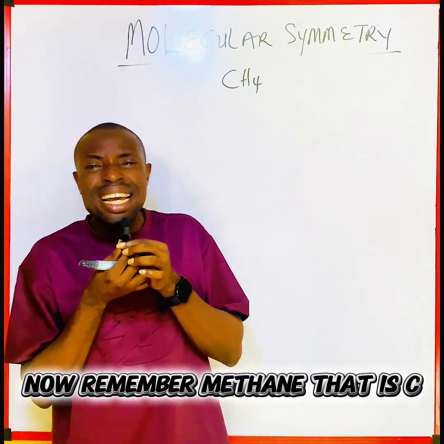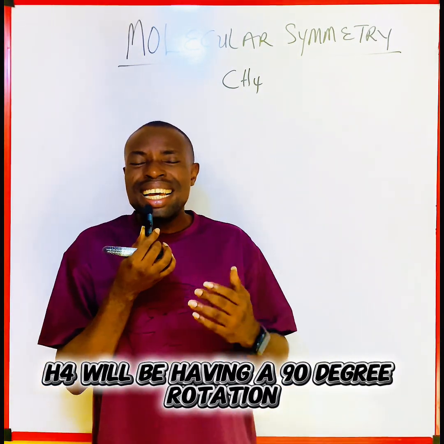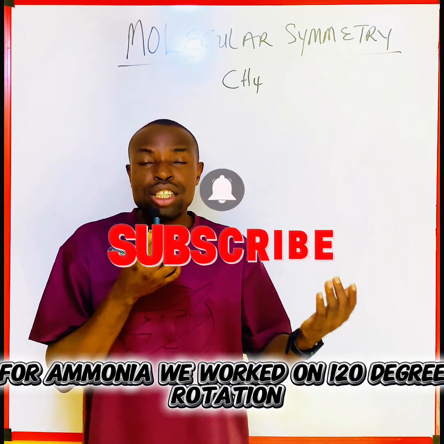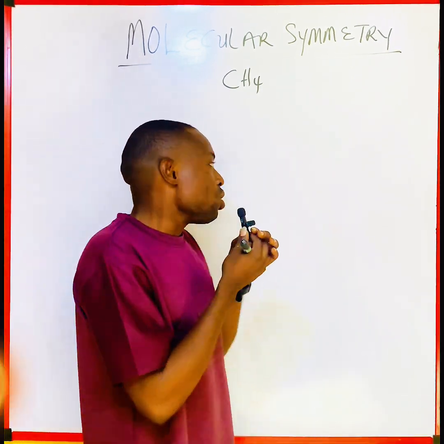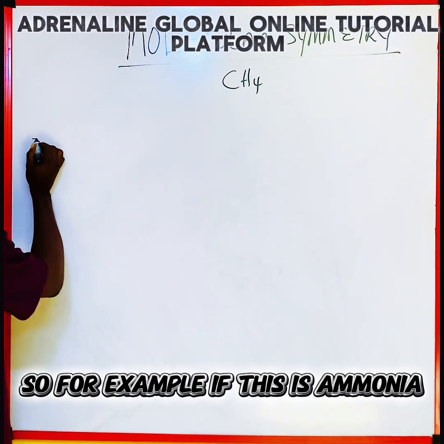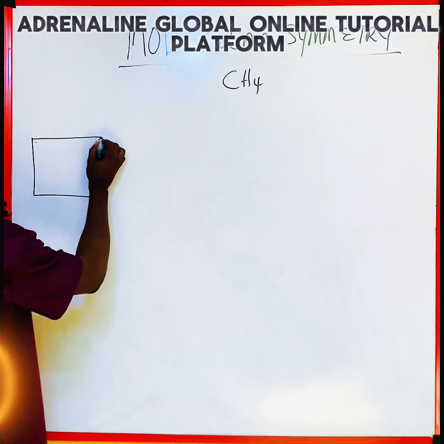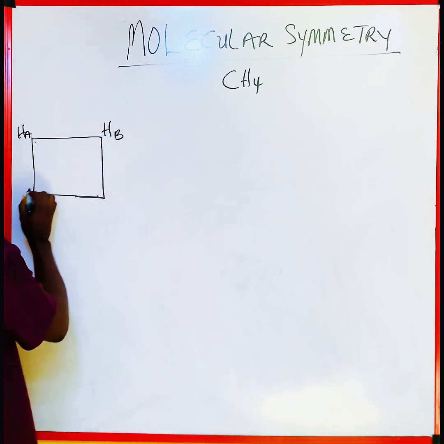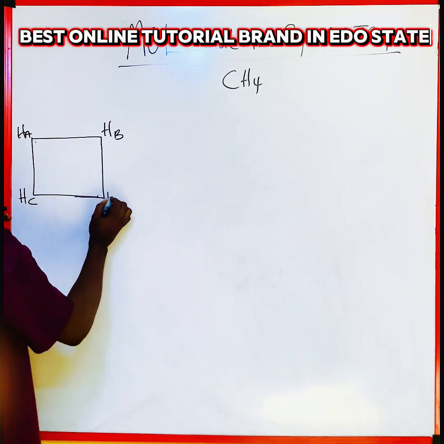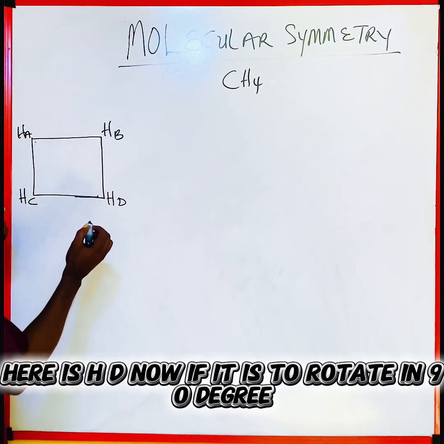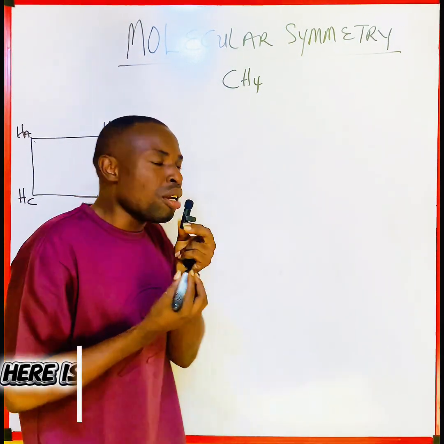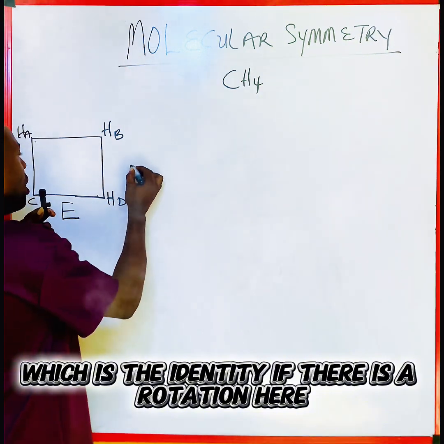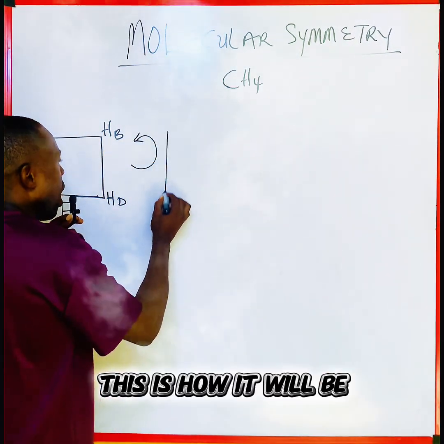Now remember, methane, that is CH₄, will be having a 90-degree rotation. For ammonia, we worked on 120-degree rotation. So for example, if this is methane, here is HA, here is HB, here is HC, here is HD. Now, if it is to rotate in 90-degree, we take this first one here for methane to be E, which is the identity. If there is a rotation here, this is how it will be,